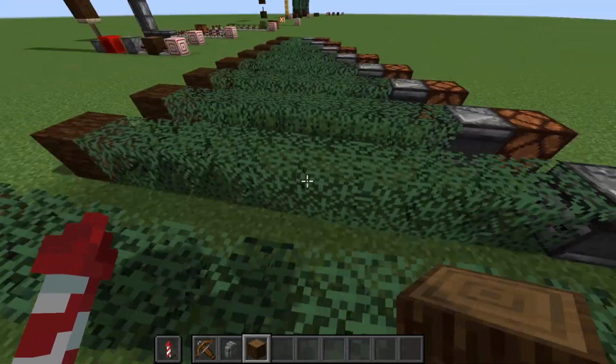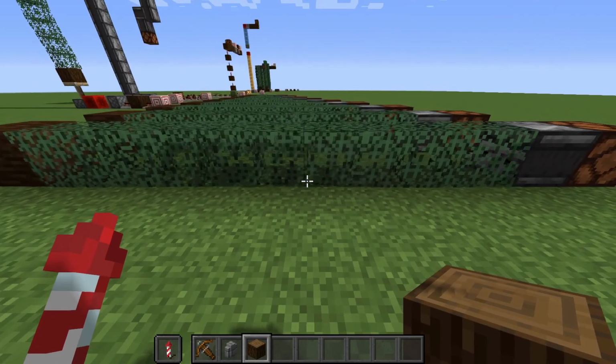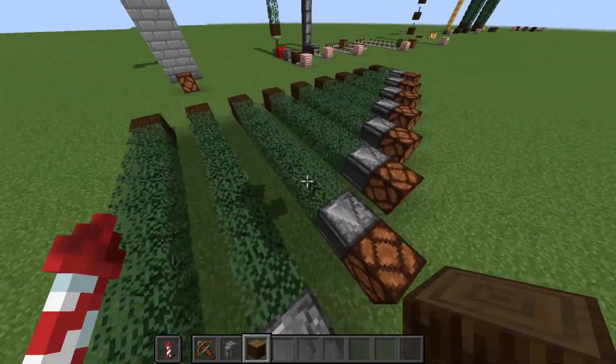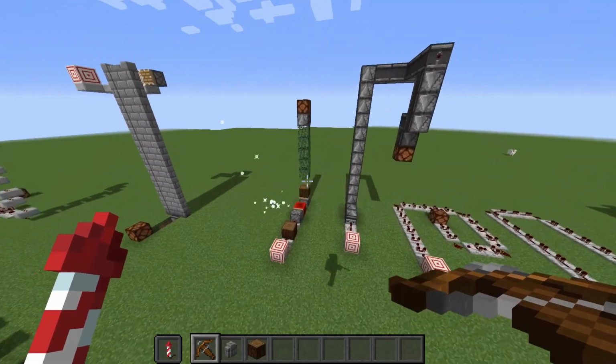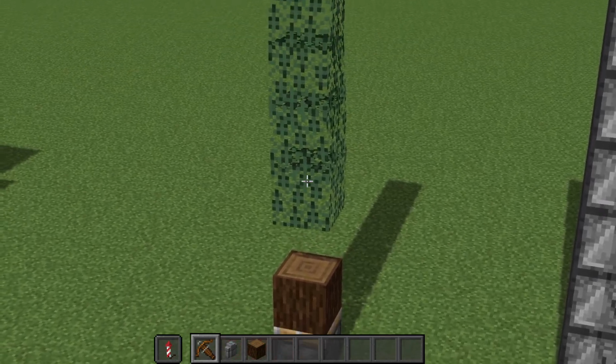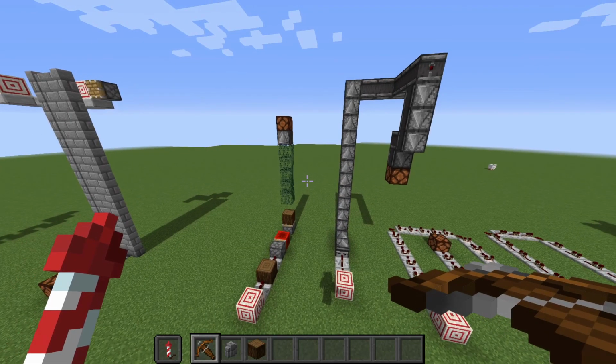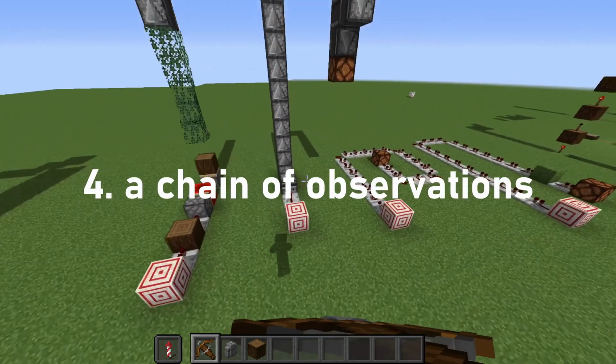So it would work if you had the observer right here. Anything beyond that, it just registers 7 because it's too far. And so it just updates every time the log touches it or untouches it, because it reports 1 to 7, and it's always 7 if there's nothing touching it. Next up we have